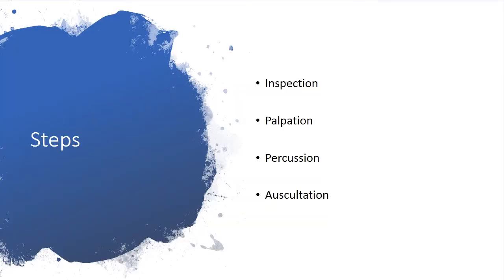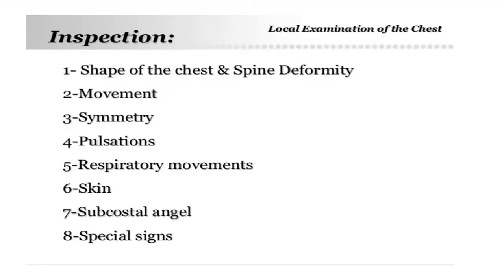Then come to examination. Like other systems, you have to do the same steps for chest examination, lungs examination. You have to do first of all inspection, and then palpation and percussion, and then auscultation. So let's start your examination with the inspection. In inspection, first of all, you have to